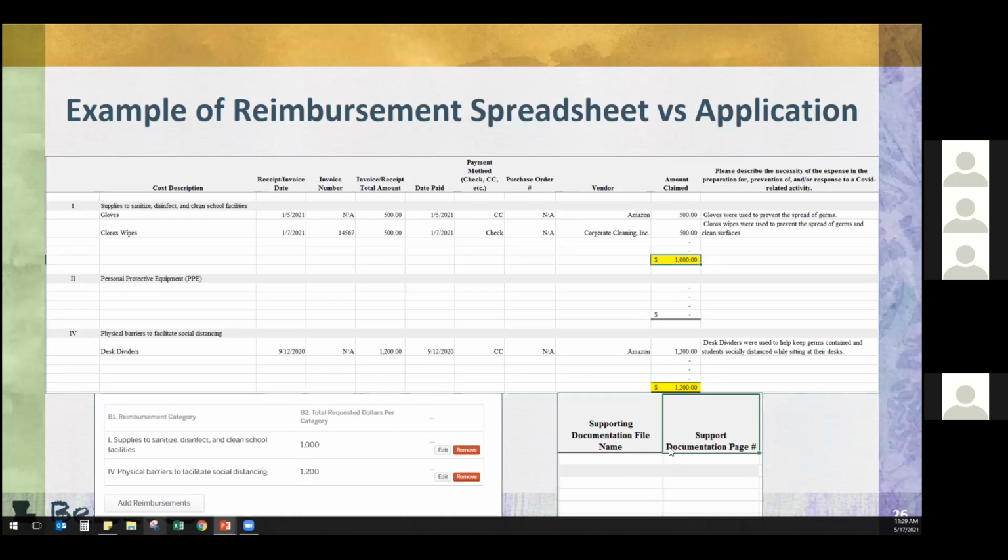Now this additional little tiny other screenshot over here on the right, I didn't want to ignore it. It's an important one too. These are two additional columns that are actually in the spreadsheet over here on the right. It was just hard to get it all into one slide for you, but they're titled supporting documentation file name and supporting documentation page number. So one of the questions that we've seen come in a couple times is related to instances where you maybe have one invoice that contains, let's say, your gloves, your Clorox wipes, and your desk dividers, all purchased from